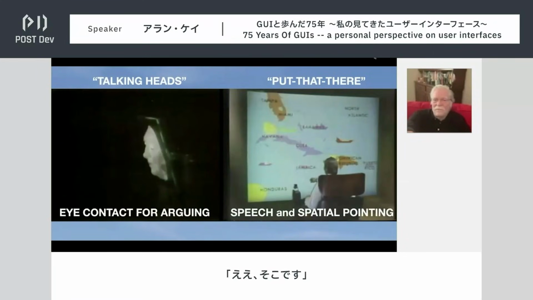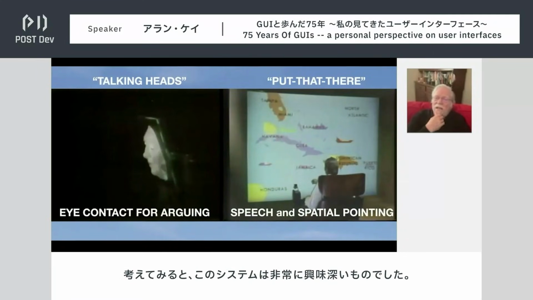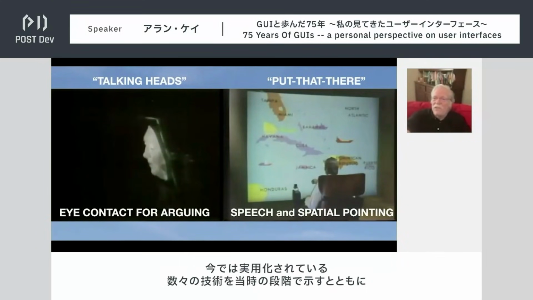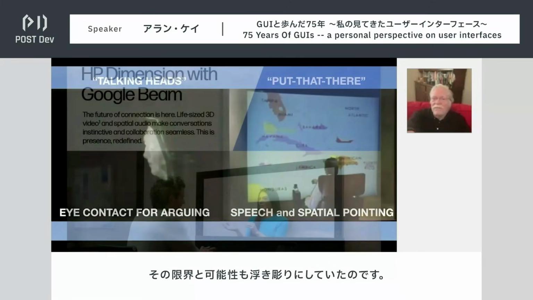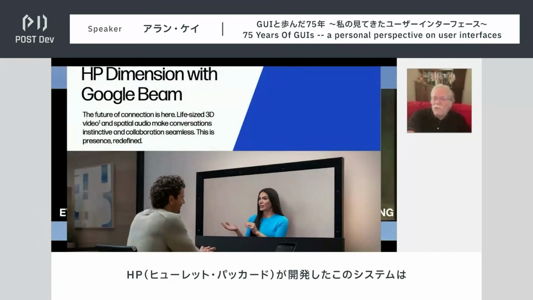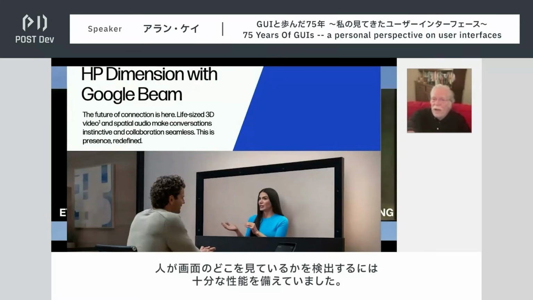So that was a very interesting system to think about because it showed many of the things that people are starting to do today and showed many of the limitations and powers of it. So here's a system by HP that uses the limited AI of today, but it's good enough to be able to tell where a person's looking.